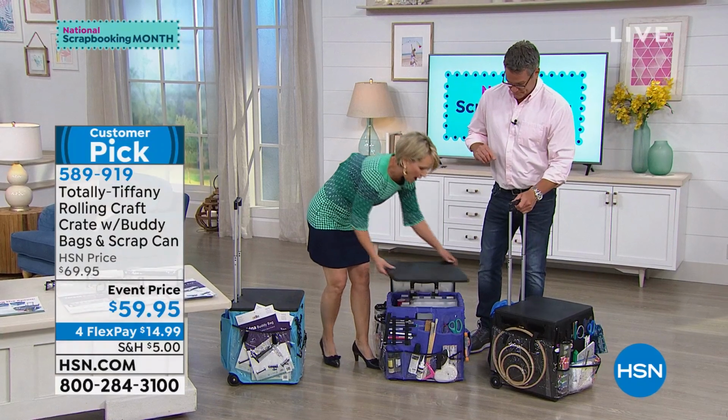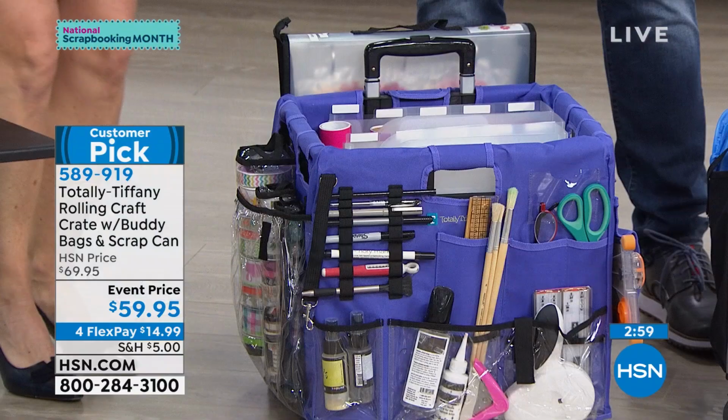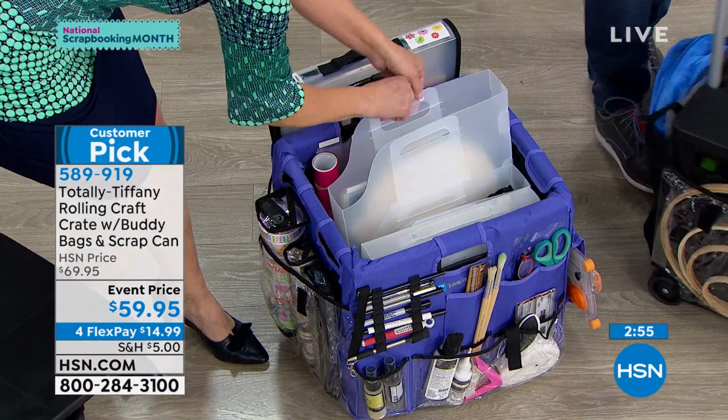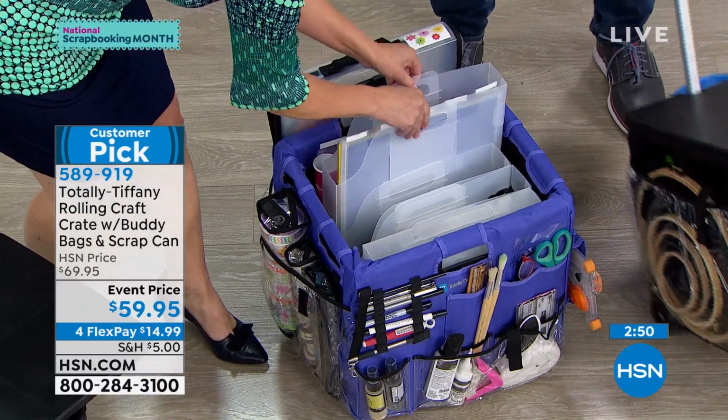And when you open it up, you have tons of inside space. Look at that. Can you guys see what's in there? Tons of space. Wow. So we talked earlier about the paper handlers. There's something that we regularly feature here and how great they will fill into your tote here, so you can